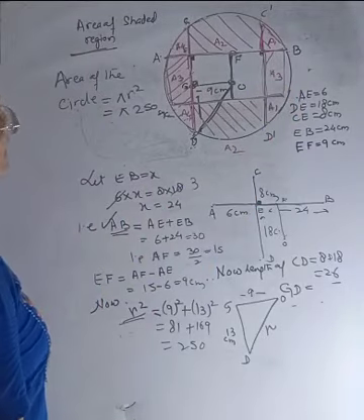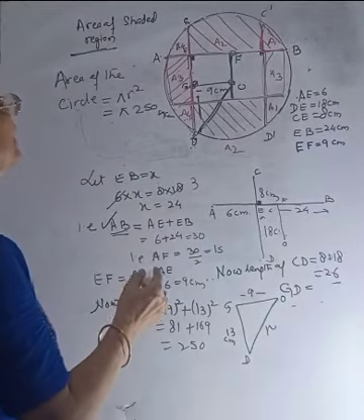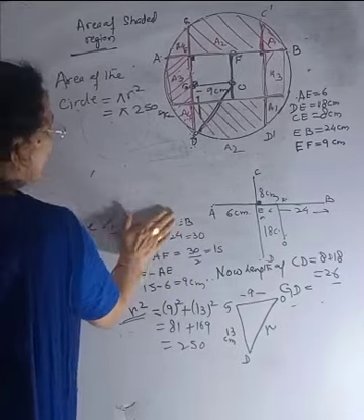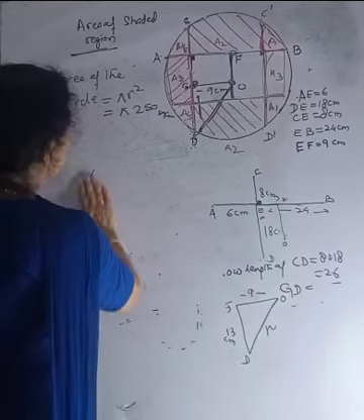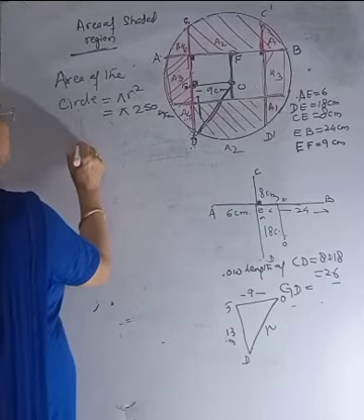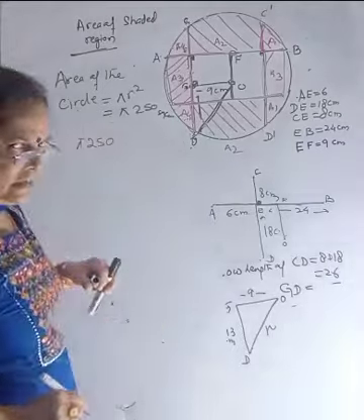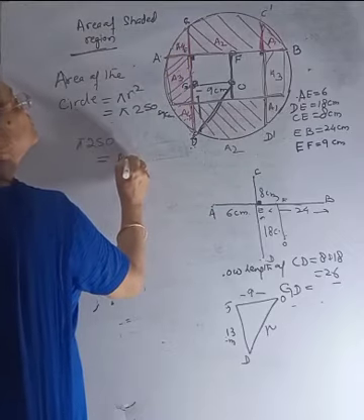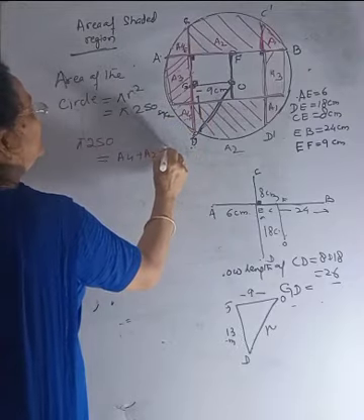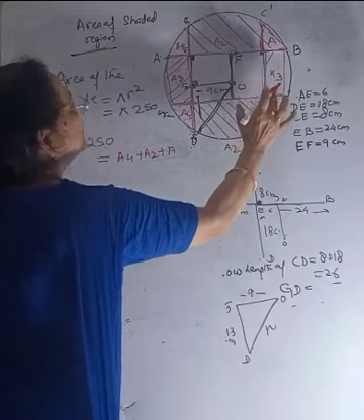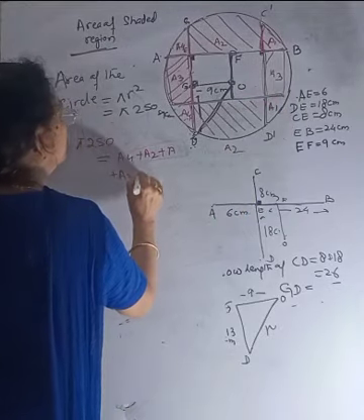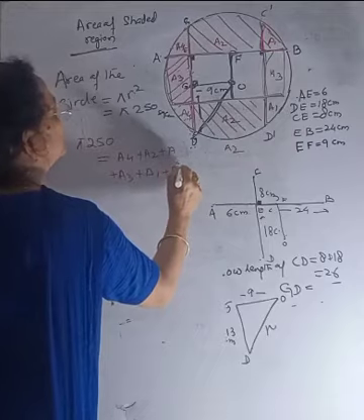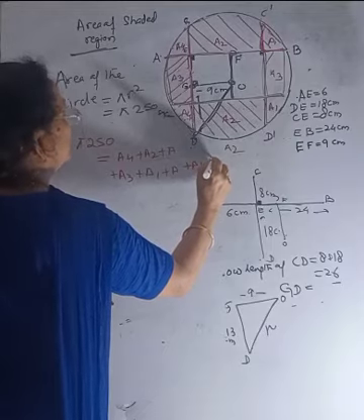Okay? It means we can say that the total circle area, which is equal to pi times 250, can be written as the sum of areas: A4 plus A2 plus A1, A3, A1 plus A3 plus A1, plus A2 plus A2 plus A4 and plus A3.